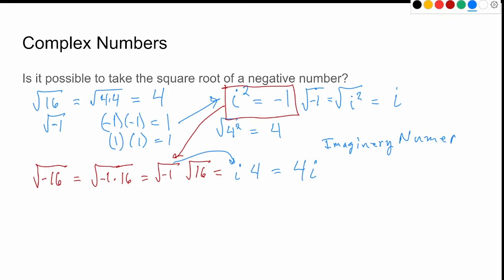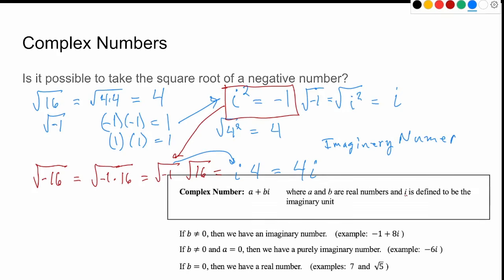I've got a few notes here. Hopefully I haven't written over them. They're pretty good. So a complex number has an imaginary part. That's this little bi thing. b is some number. And it has a real part, which is just the number a. So in our case, 4i as a complex number is really 0 plus 4i, where the a part is 0, the b part is 4, and that's what we define a complex number to be.